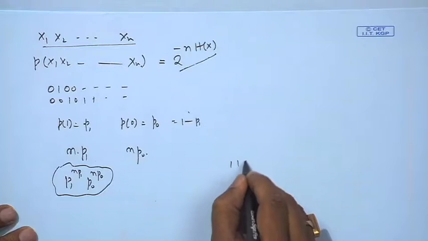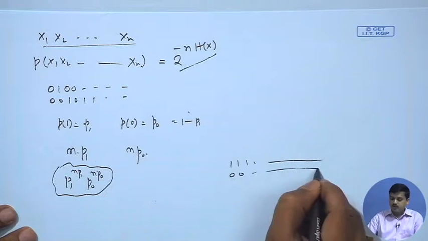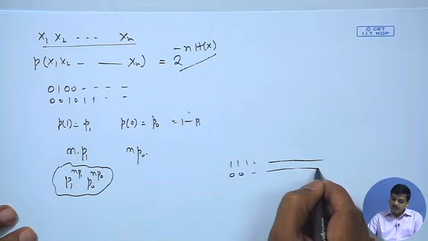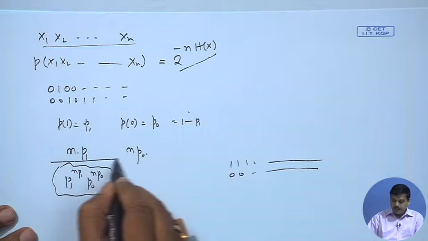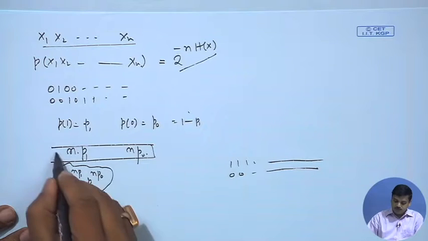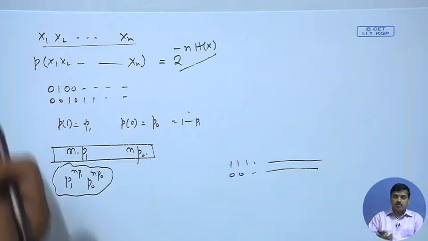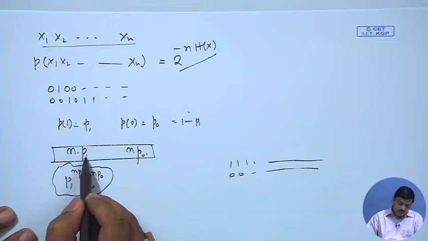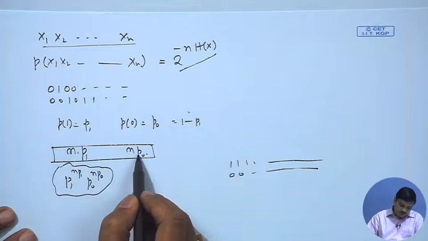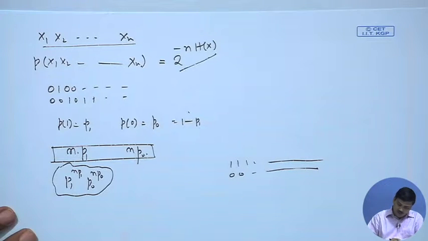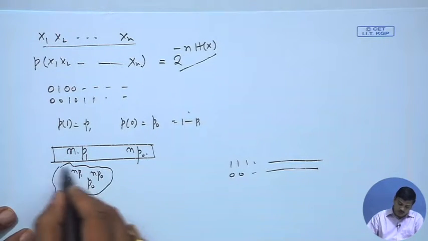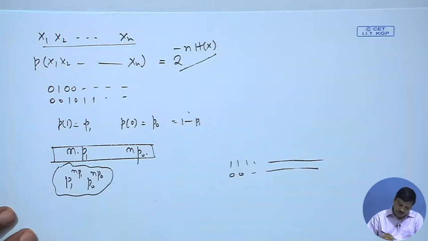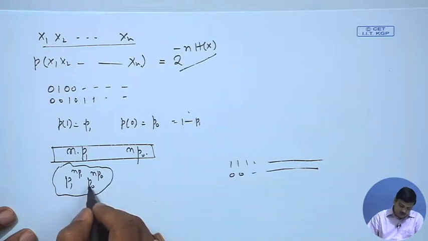This is in probability. That means there could be other sequences. There could be sequences which are all 1s, or all 0s. But if n is very large, we could generally say that a typical sequence, if I take one out, would have n times p1 number of 1s and n times p0 number of 0s in it. So the overall probability of the sequence is p1 to the power of n p1